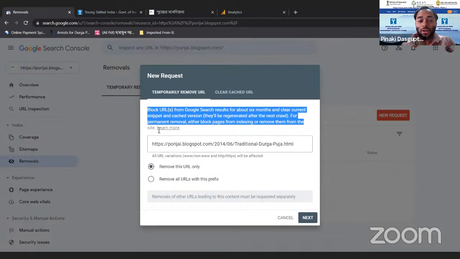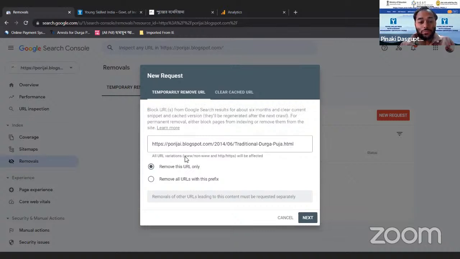This is one solution Google provides: temporarily remove the URL from indexing and keep it with you. Once the season starts, you can recrawl that page and make whatever modifications you want. I'm just removing this URL.